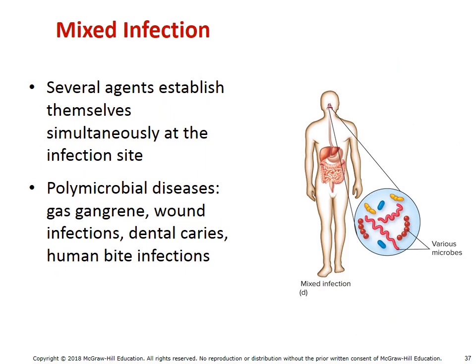One of the other things to note is that many infections aren't just one pathogen. Most infections are actually what we call mixed, where multiple things are working together causing the infection. We would often refer to some of these as polymicrobial diseases. A good example would be gas gangrene. Gas gangrene comes about whenever initially a form of Clostridium starts causing infection in deep tissue, but then multiple organisms get together to start consuming you as basically a giant smorgasbord.